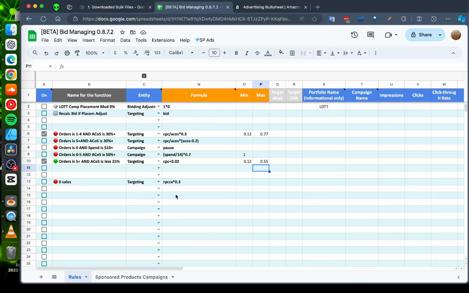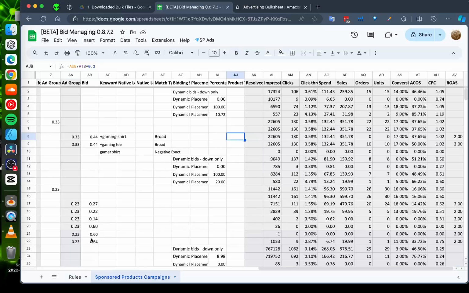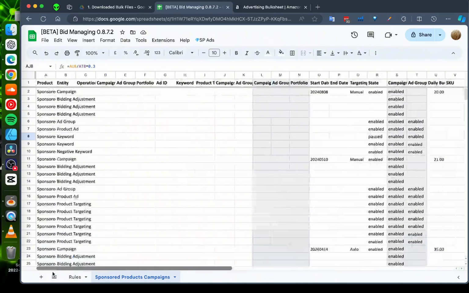Right, and this one, RPC, I need to give some other explanation. RPC means revenue per click, and this is useful because thanks to it you can apply some rules to calculate the correct bid if you don't have any data on the keyword. So to explain this, first of all,